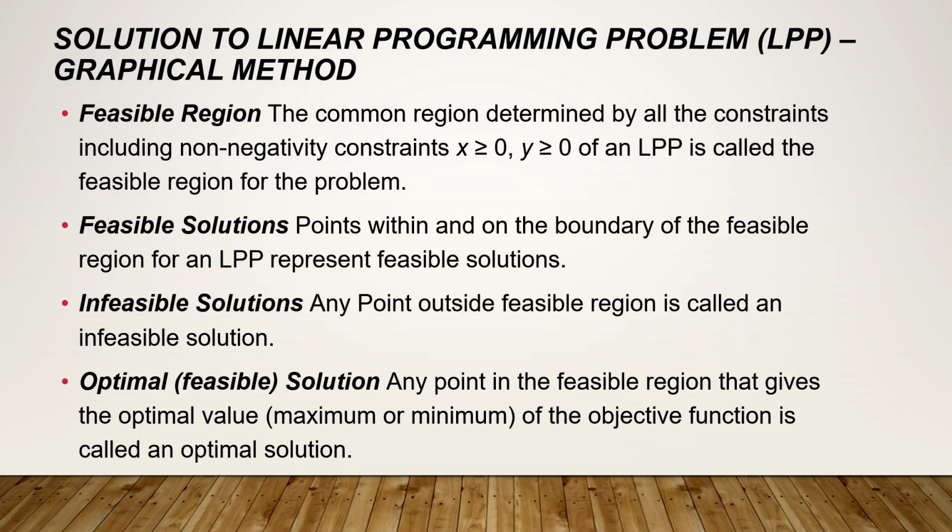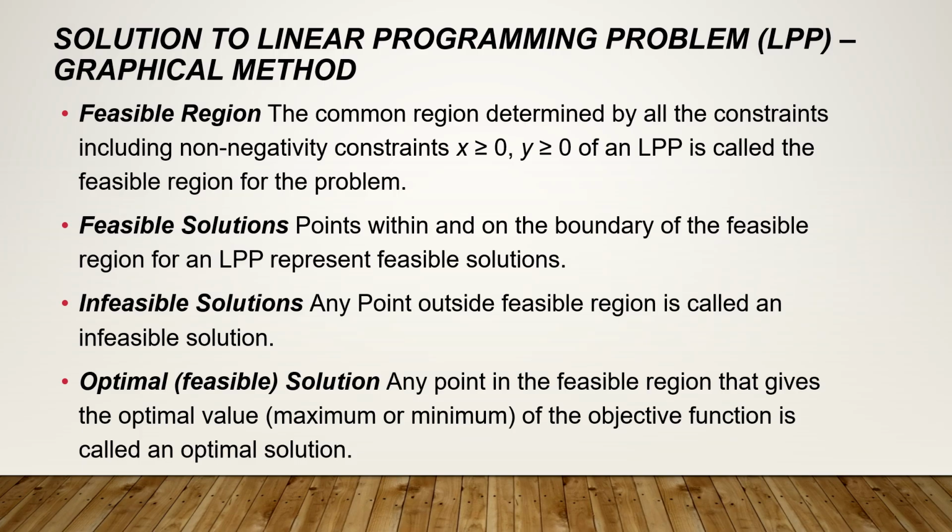So the feasible region is the common region determined by all the constraints, including the non-negativity constraint. It is called the feasible region because your answer will lie in this region. Feasible solution: the points within and on the boundary of the feasible region of an LPP represent the feasible solutions. As we will see in the example, once you decide your feasible region, the points on the boundary of this feasible region will give you